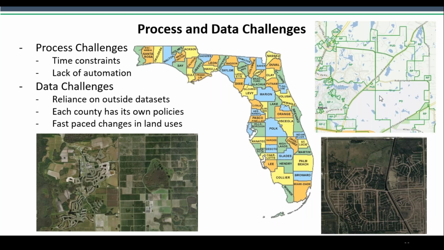This analysis has evolved as we identify data and different methods that can refine the identification of properties that are engaging in agricultural activity. And we wanted to share with you some of the challenges that we have encountered when performing this analysis. Number one, there are thousands of parcels and we are unable to evaluate every single property. There is no simple spatial data process to identify rural residential properties accurately. And currently, the only way to verify if something is rural residential is to talk to the landowner. This process is time consuming.